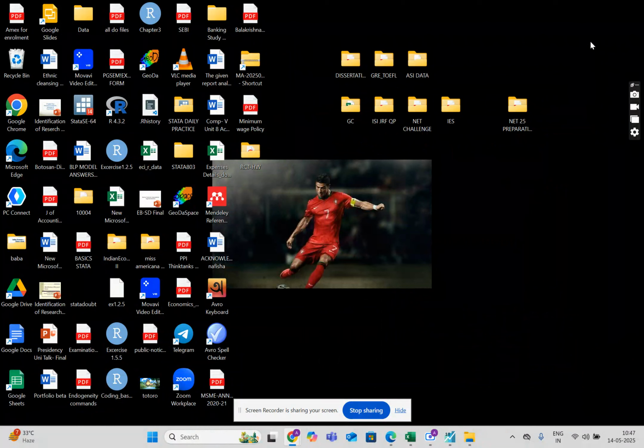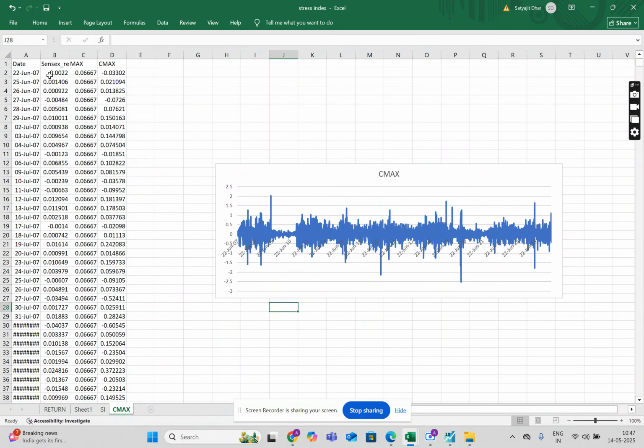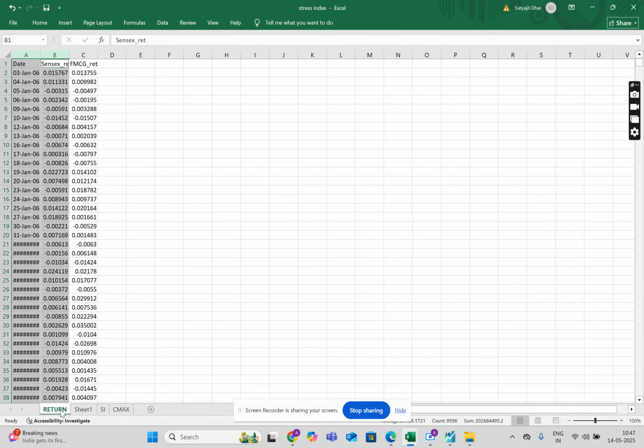Today we will see how we can identify if a particular asset is a diversifier, hedge or safe haven on the basis of the Cmax. We will use Cmax as the threshold. We will run a TAR model, a discrete TAR model, and we will see how we can identify how a particular asset is performing. So in the Excel I was working on, right, this one,